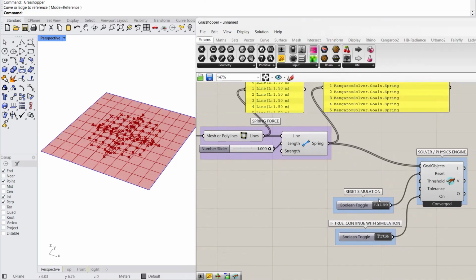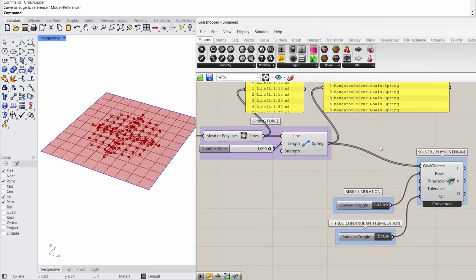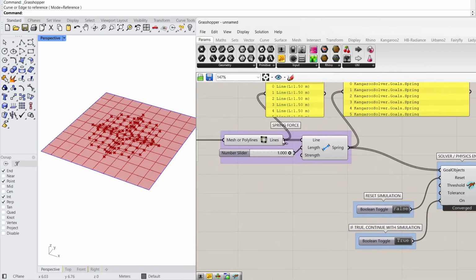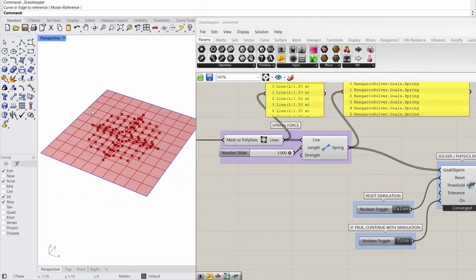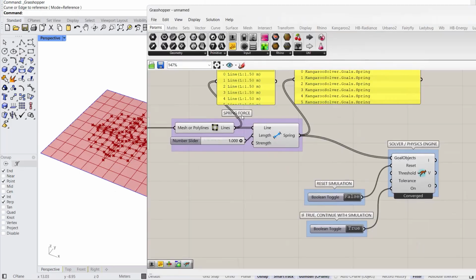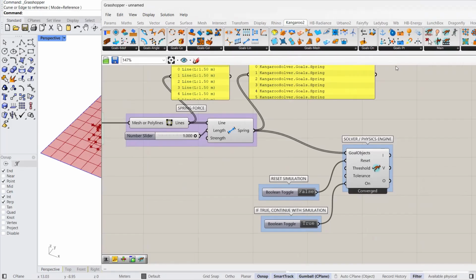For us to proceed, my recommendation is to set this back to true, and then set it back to false one more time, and then we can proceed. Okay, so it kind of works, but it looks like it's always going to be an issue because if we don't have things anchored, this thing is always going to shrink towards the middle, right? Anchoring is a type of force that we can apply to our geometry. So under Goals,